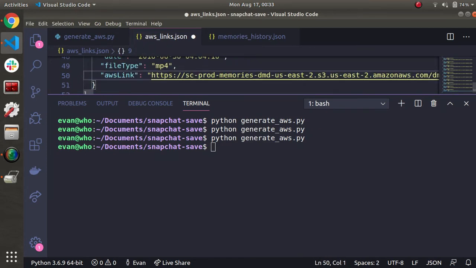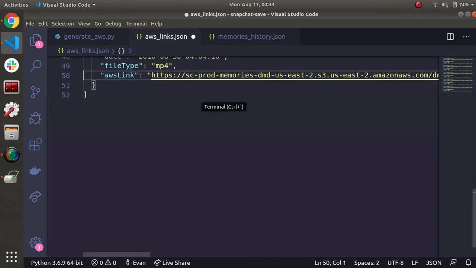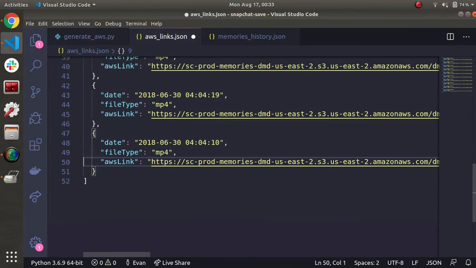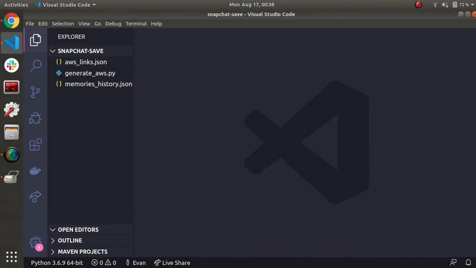All right, well, now that that's done, let's go ahead and move on to our next mission, which is downloading all these memories. All right, it's time for our second mission, which is going to be taking that generated JSON file and downloading our memories. I'm just going to call this download_memories.py,